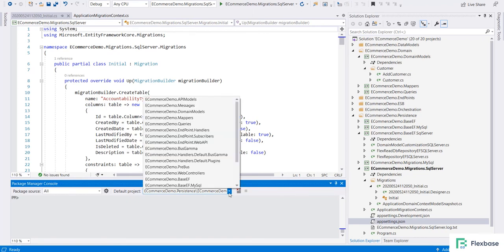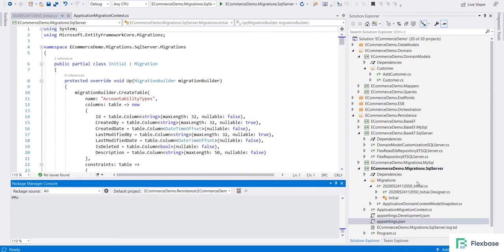We have our application set up to migration.sql server. This is the default. So what we will do is, there is a command called update database. It will take the connection string in this migrations.sql server and update your migration to the DB.